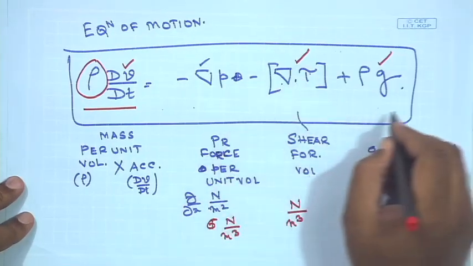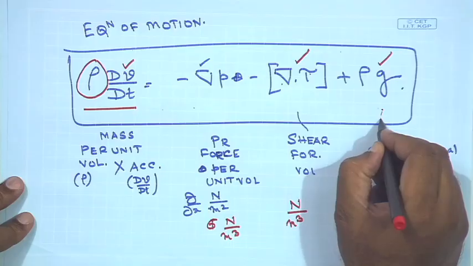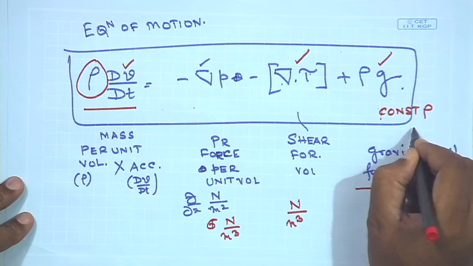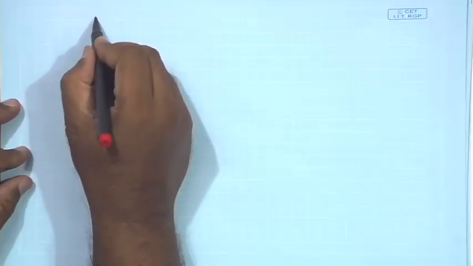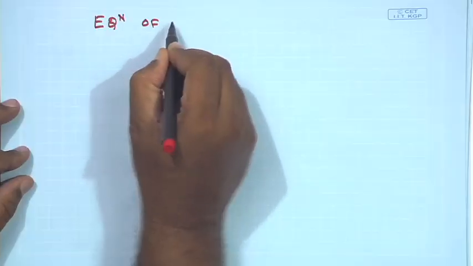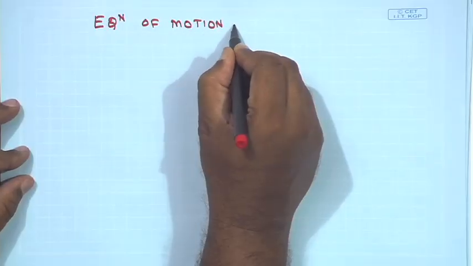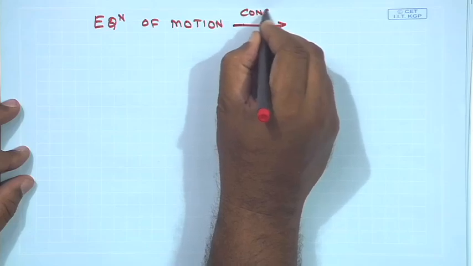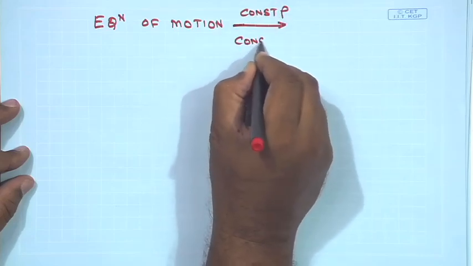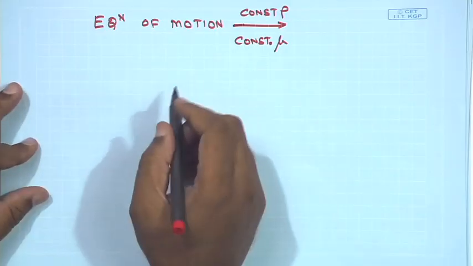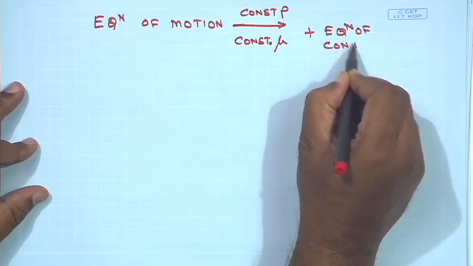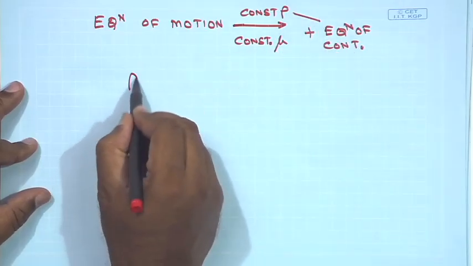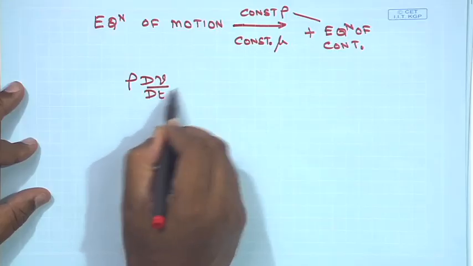So, if in this equation you introduce the restriction of constant rho and constant mu, and you also add the equation of continuity, since now you have constant rho, the previous equation simply boils down to